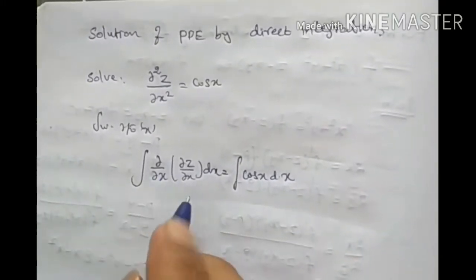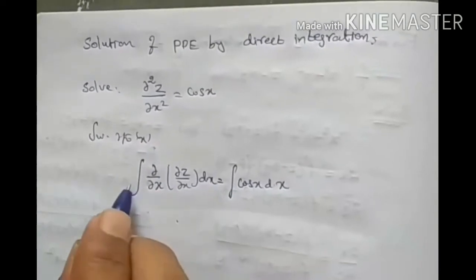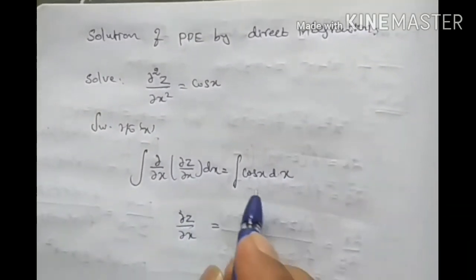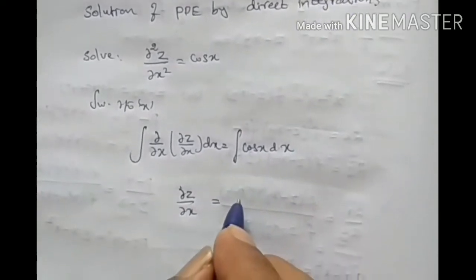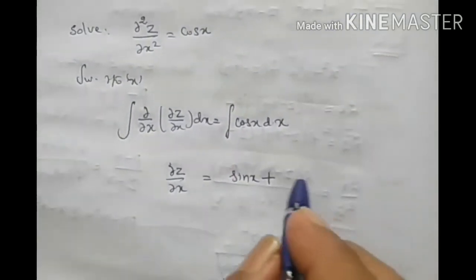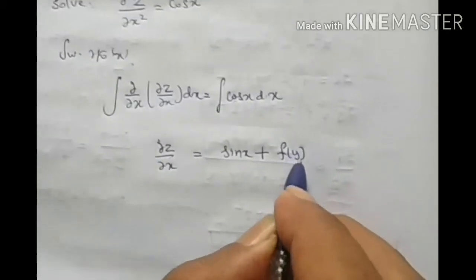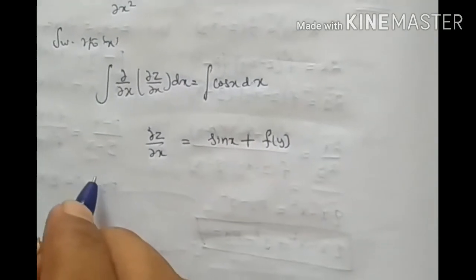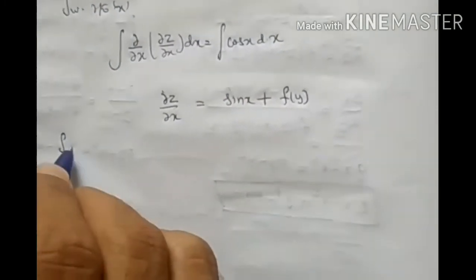Now if we integrate this, we get ∂z/∂x equal to the integral of cos x, which is sin x, plus the function of y, which we consider an arbitrary function, as a constant. Now integrate once again